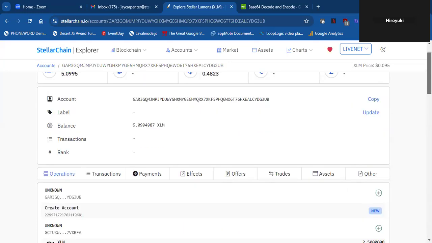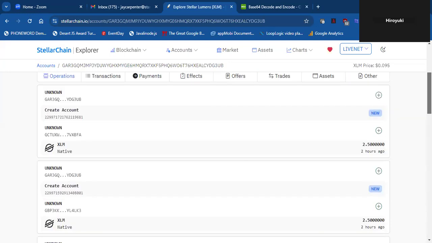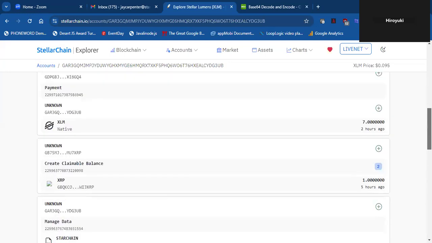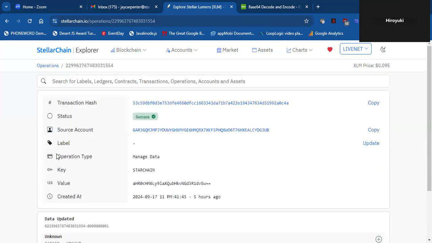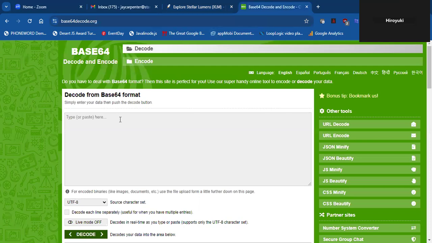If we scroll down a little bit, you can see all the transactions that have been happening on the Stellar blockchain related to StarChain. If we click on this manage data, we can see the account information, here's StarChain right here. And then we can see this base 64 code that we can then throw into this decoder like this.